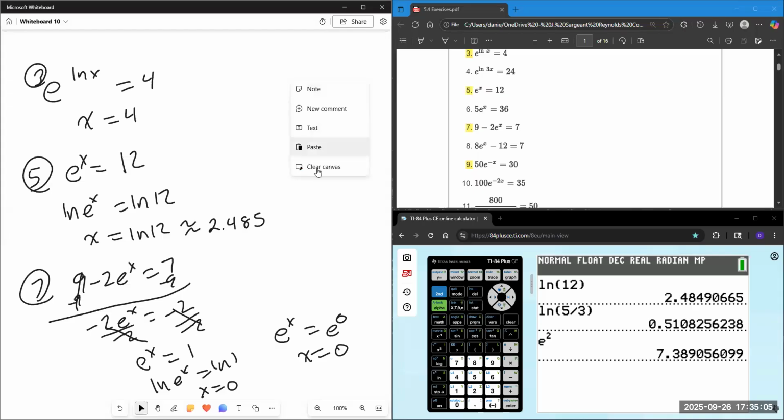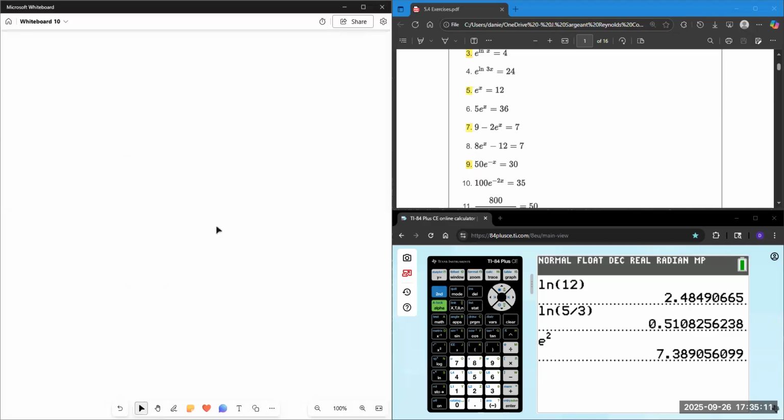Let's look at number 9. Save the information from number 5. It's going to help you with some of the upcoming problems, maybe not number 9 quite yet, but